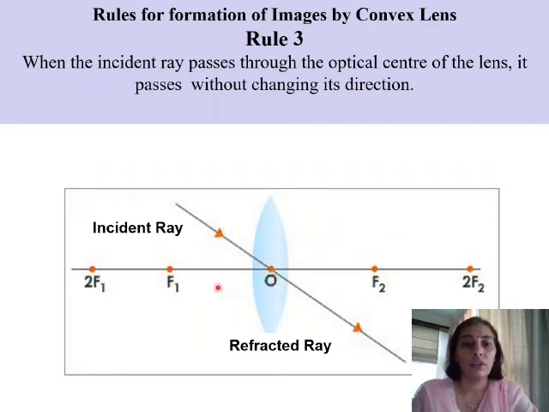In this diagram you are already familiar with the biconvex lens, optical center, principal axis and the two focuses. 2F1 and 2F2, here they stand for the centers of curvature. So 2F1 is C1 and 2F2 is C2. We have studied what is center of curvature earlier, and these 2F1 and 2F2 stand for the two centers of curvature of the lens.